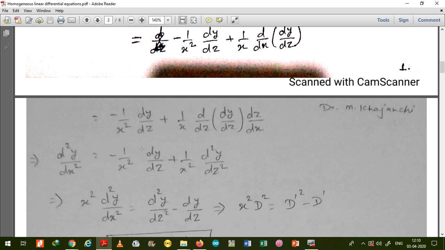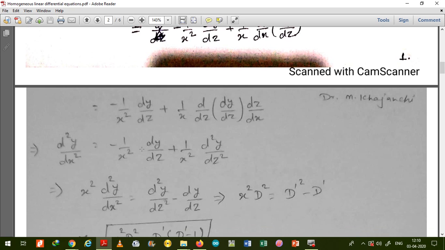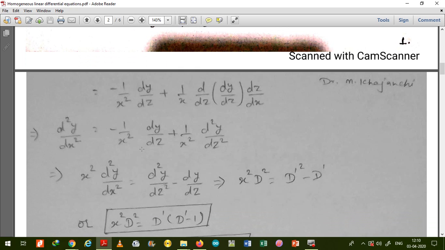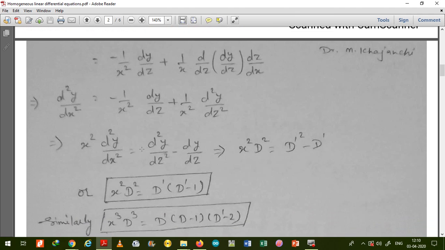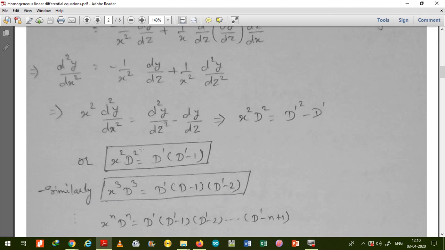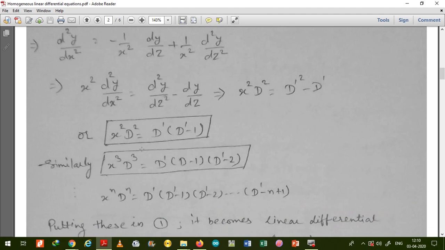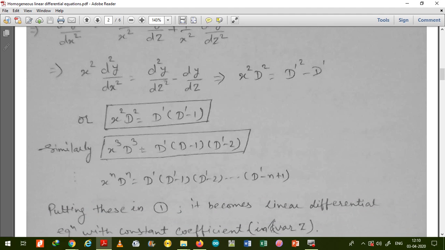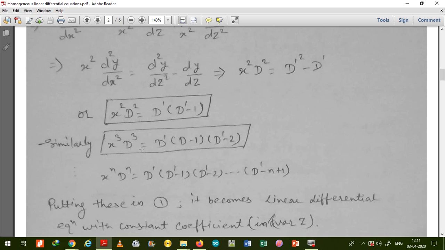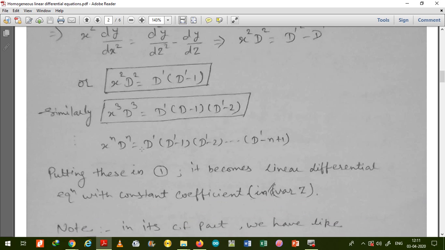Taking 1 upon x square outside from the right hand side and simplifying, we get x square D square equals D dash square minus D dash, or x square D square equals D dash into D dash minus 1. Here again D stands for d by dx and D dash stands for d by dz. Similarly, we can find x cube D cube, which can be written as D dash into D dash minus 1 into D dash minus 2, and so on. We put all these terms in equation number 1,